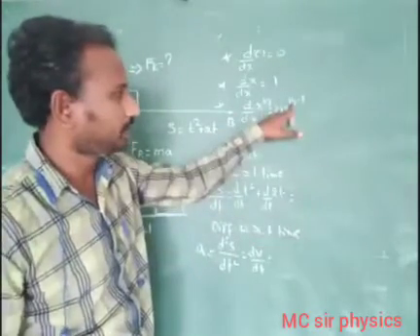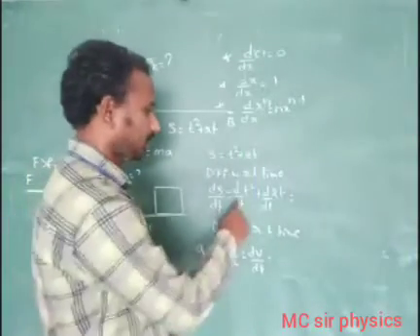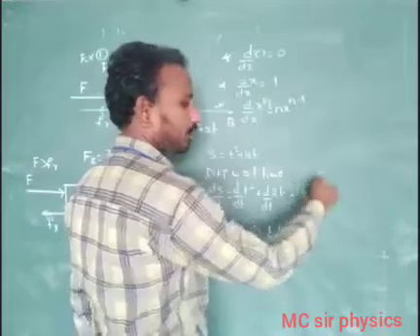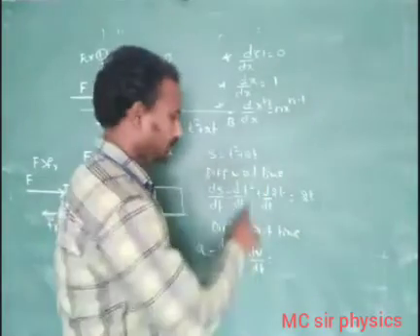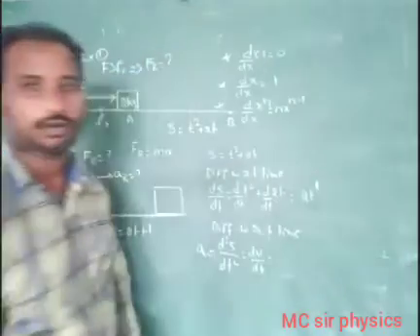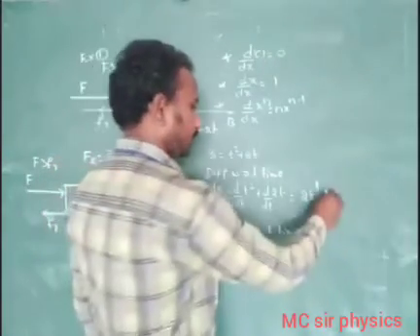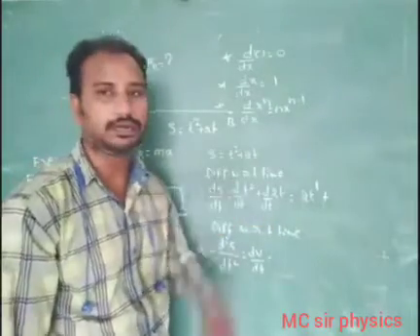Okay, we have to write this n value before the letter x. Same as it is here, d by dt of t square is 2 into t power 2 minus 1. Here the power value is reduced by 1, so in place of 2 we have to write 1. So 2 into t to the power of 1, plus the next one, 2, is one constant quantity.